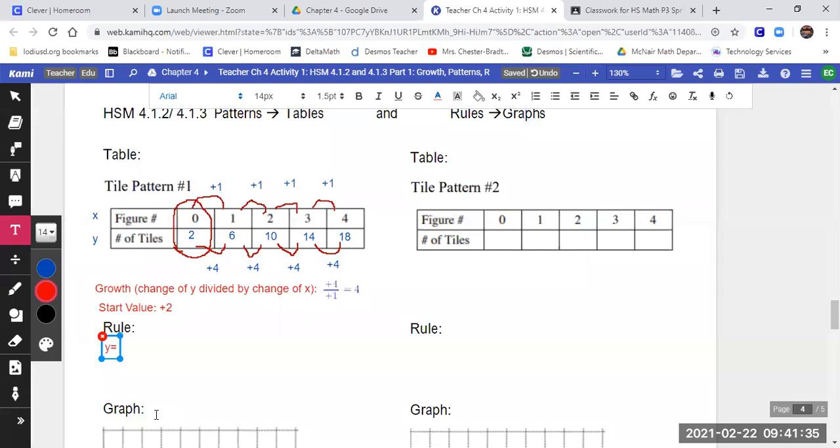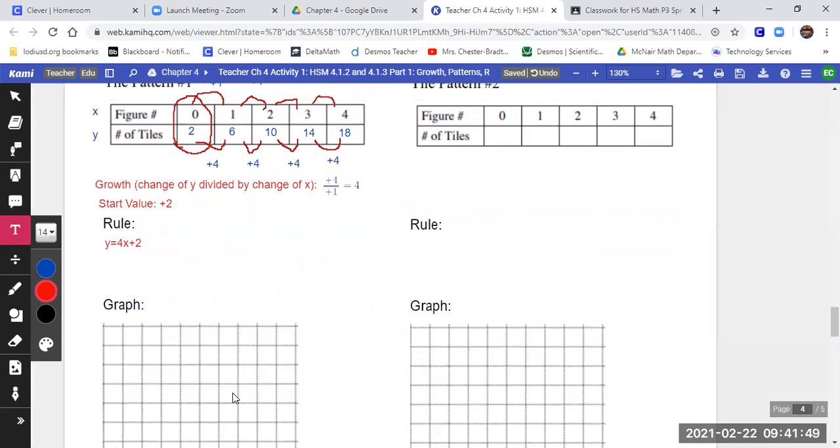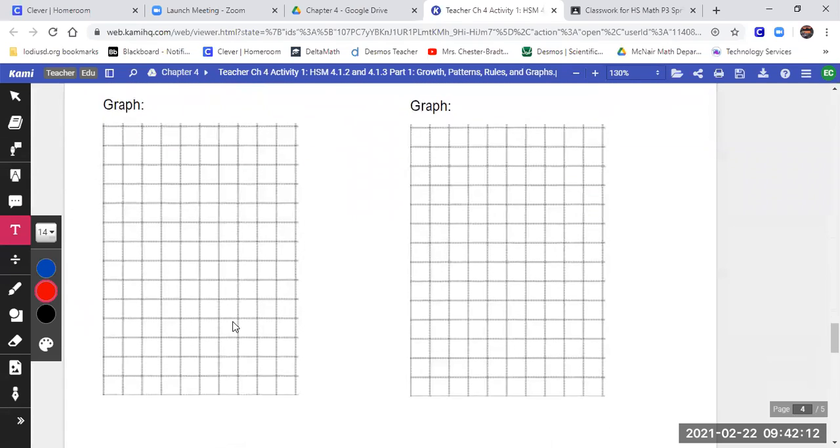Remember, y equals the value we found for the change, then the letter x, and then the start value. Okay. Now, we are going to graph this. We're looking at what our table shows us. Does our table show us any negative numbers? No. So because our table doesn't show us any negative numbers, we can use just